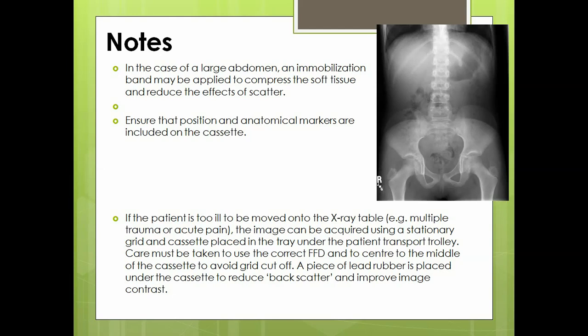In those places a stationary grid will be available, which is kept in front of the cassette, on the anterior face of the cassette, and you will expose. With that you can avoid scattered radiation reaching the cassette, which would create fog and reduce the quality of the image. That is what we also call backscatter, and that can be reduced. So always you can use a stationary grid.